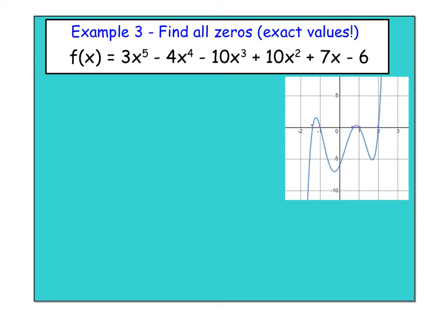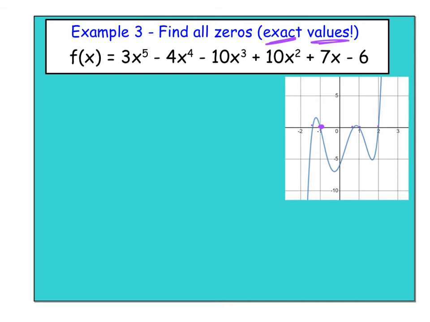Some of them are going to be rational numbers, some of them not, and we need to write them all as nice exact values. So we're going to try to find a rational one, at least one, to get the ball rolling. Okay, so let's take a look. From the graph, it appears -1 might be a 0. So you'd either have to verify that on your calculator or Desmos, or what we can do is go in